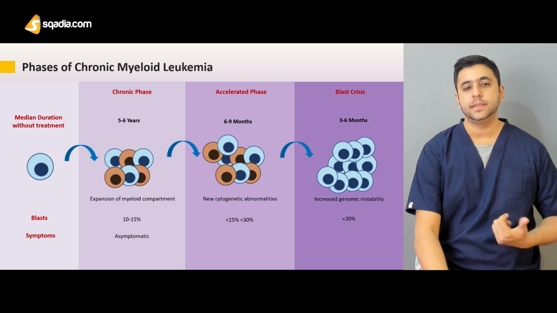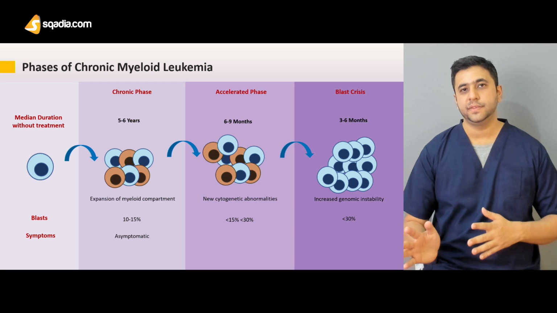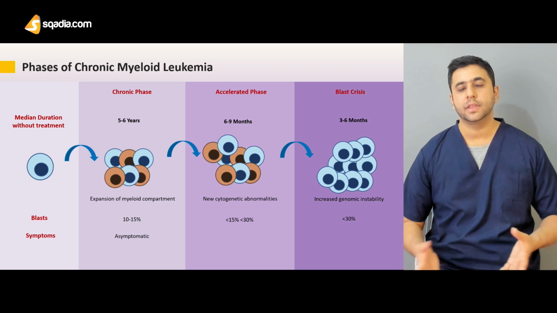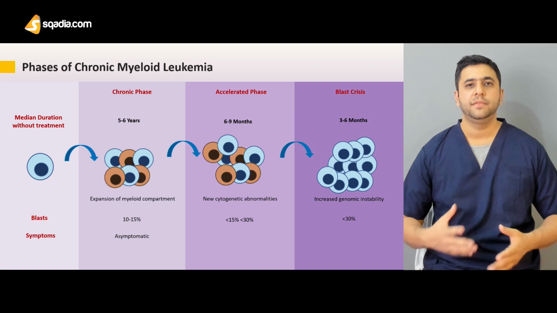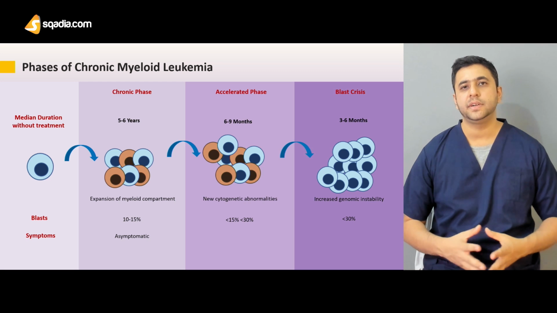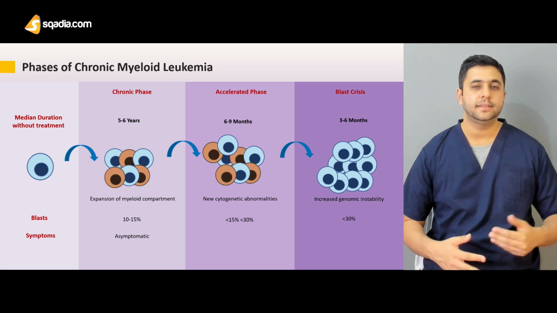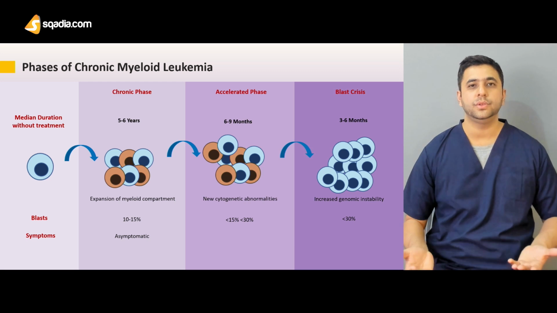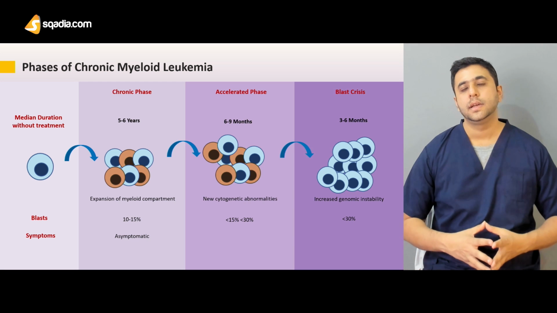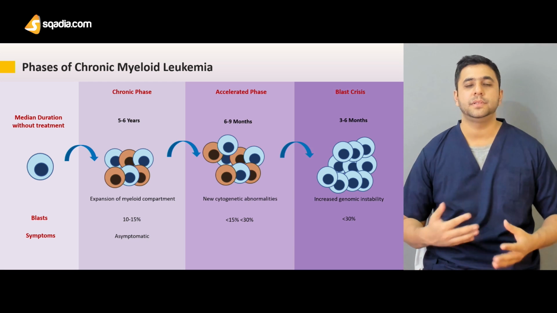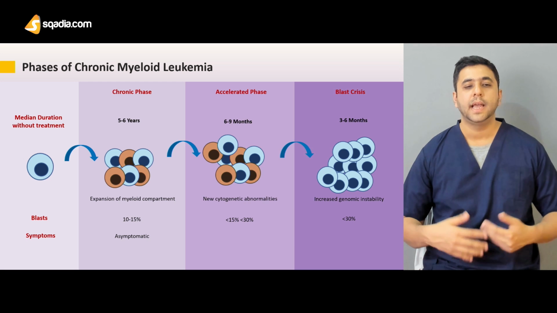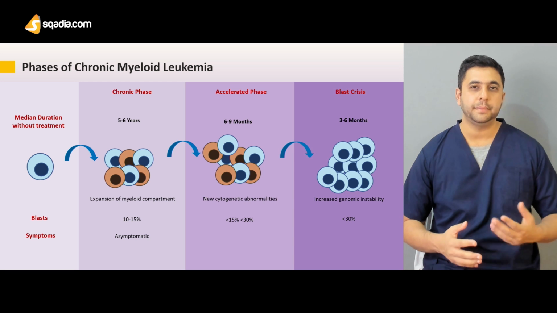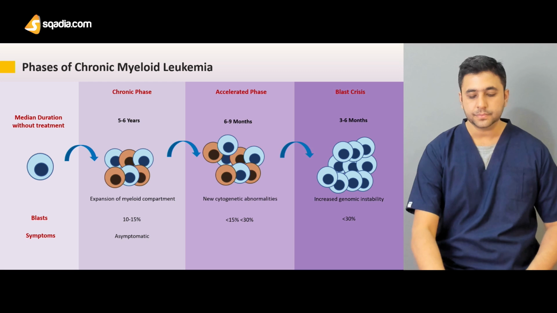What are the symptoms that are the hallmark of the various phases? In the chronic phase, patients are generally asymptomatic, or they will have very few symptoms like very low-grade fever and slight minor fatigue, but generally they are asymptomatic. And it's generally in the chronic phase that we diagnose a patient, either as an accidental discovery if we do a CBC for any other reason, or if the patient presents with minor fatigue or minor symptoms and we do a complete blood count, we can find out the CML and catch it in the earliest chronic phase.